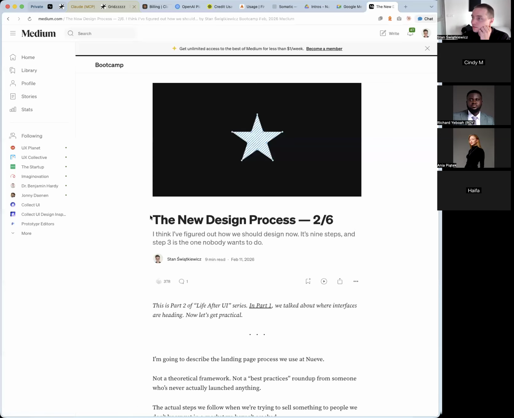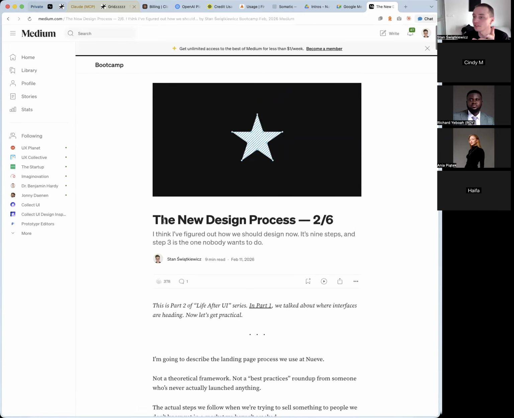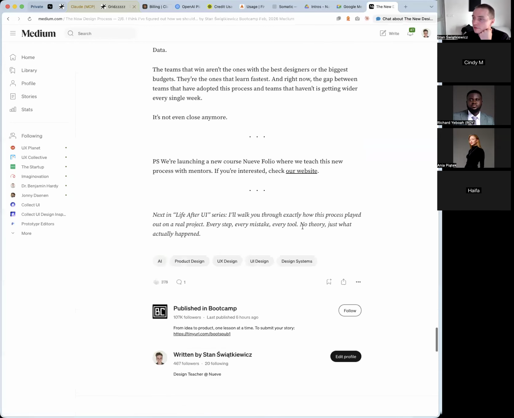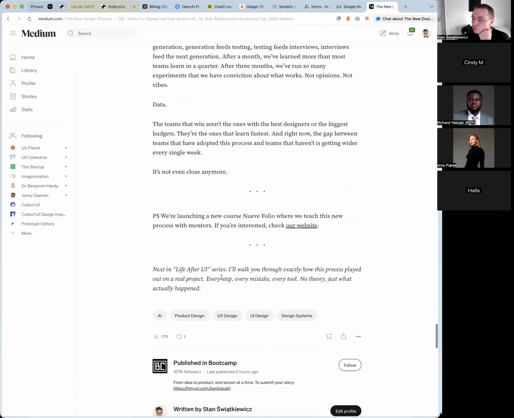The first one, I'm sure I talked about it in the program, but I'm going to show it here too. If the process is the focus of the case study, I would just write it, the same as I did over here. The new design process, I mean, the next one is actually better as an example. Where is it?